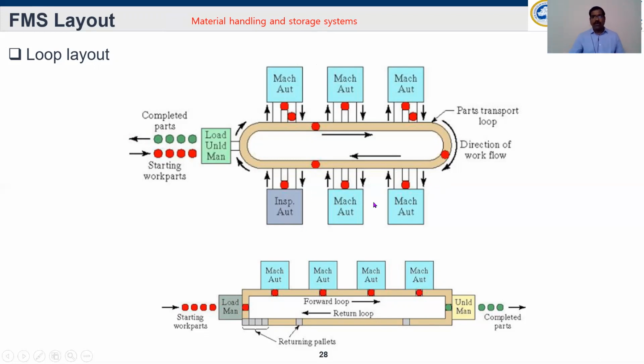More than 4 or 5 machines are there. Okay. Similarly, here also more than 5, with a primary forward loop and a return loop. So from the pallet it will go to the primary line. From the primary line, the secondary line will take the components to the machine. When machining is done, they return back to the primary line. Again, the pallet will take them to the next machine, and the next machine, like that. Then unloading will be done. Then the empty pallet will be returned back to here. So this is your loop layout.